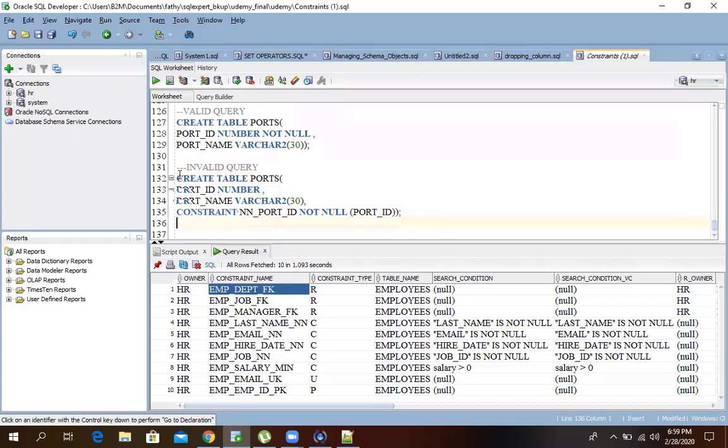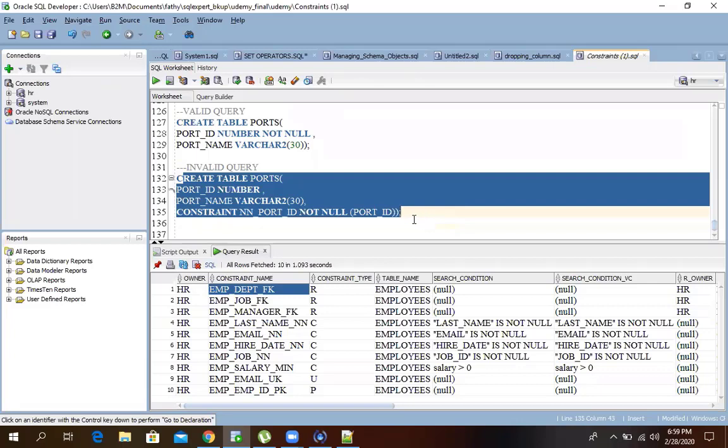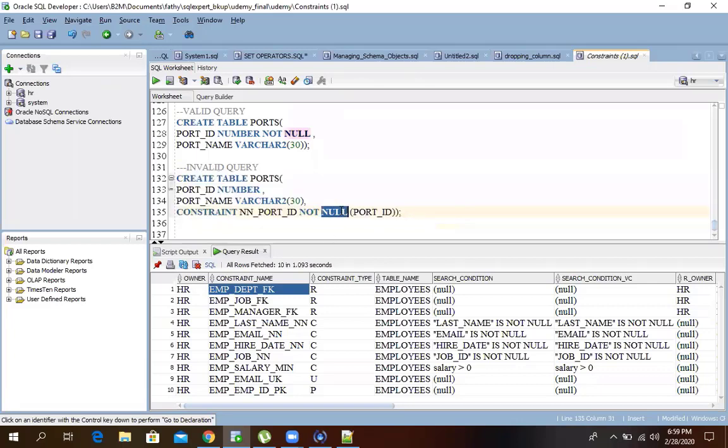But this one becomes an invalid query. Why? Is this query inline or out of line? Out of line, because after the constraint name they gave the column names. But why is this query not executing? Syntax and all is perfect, but why is it not executing?